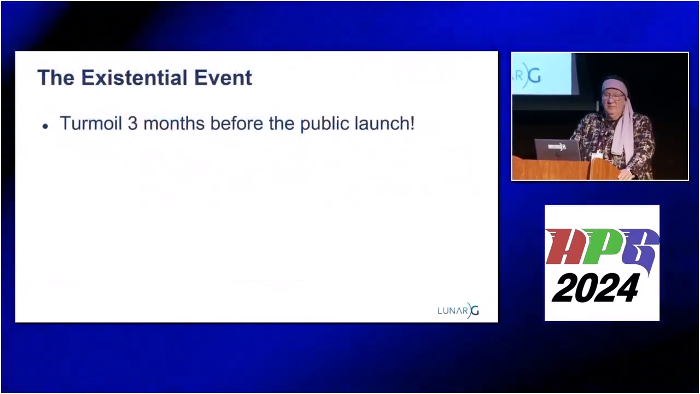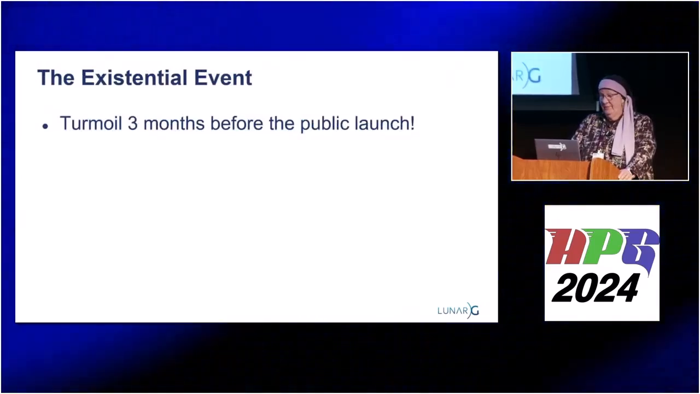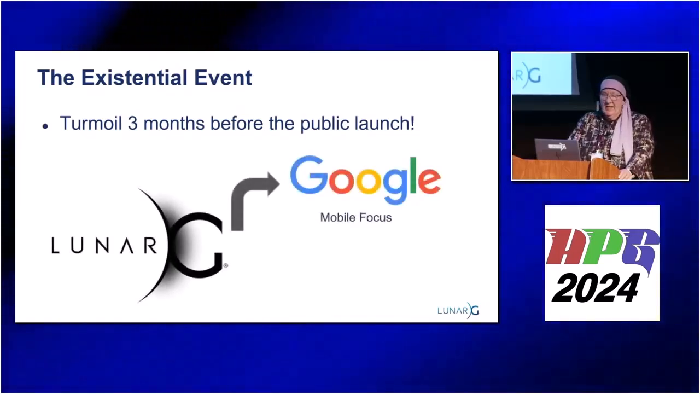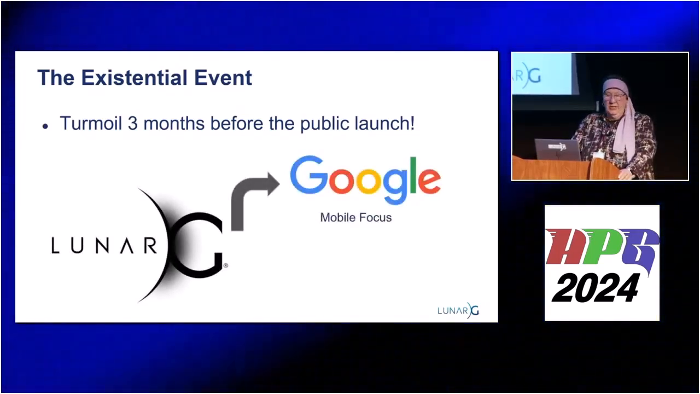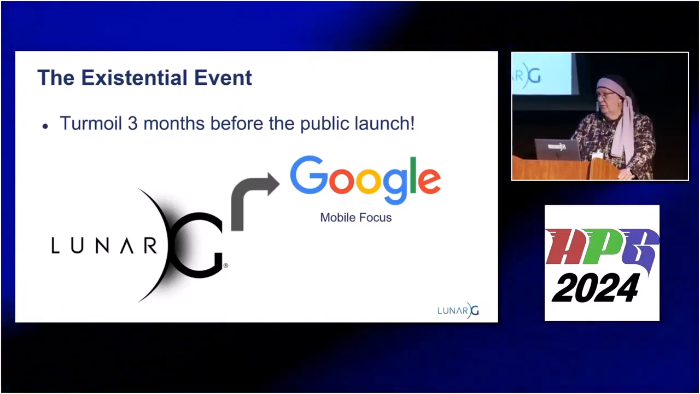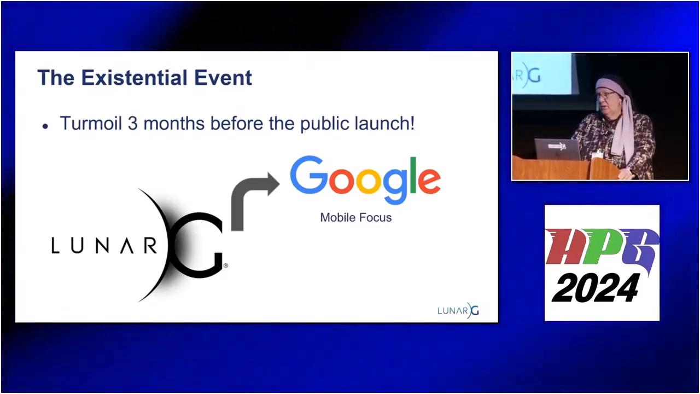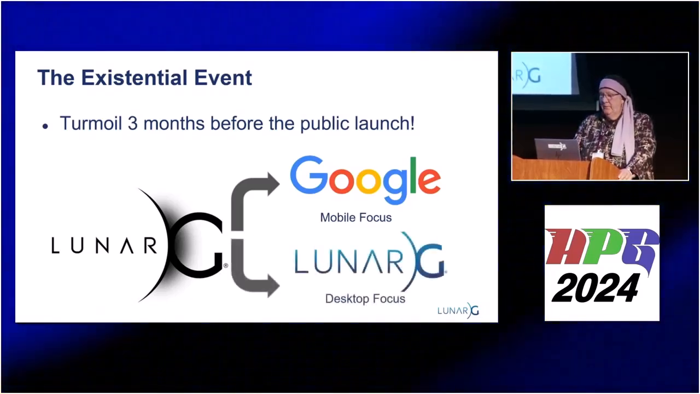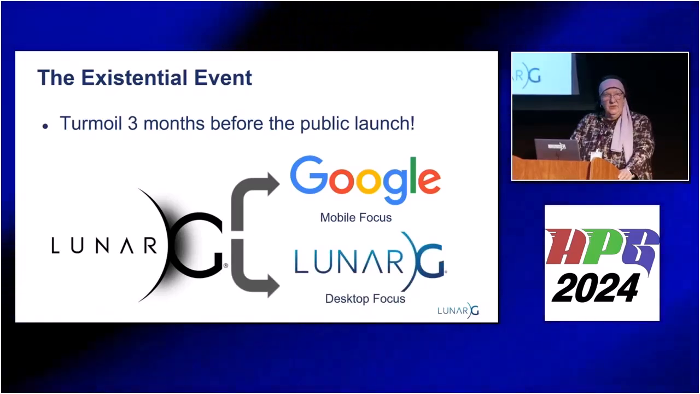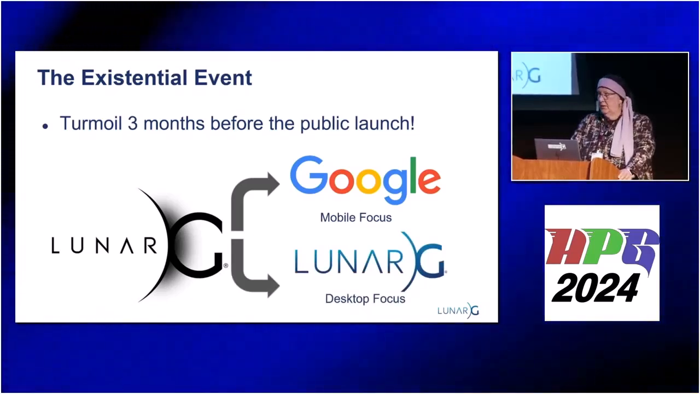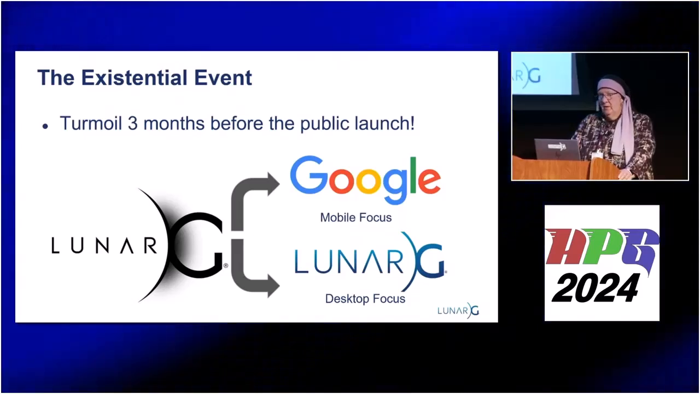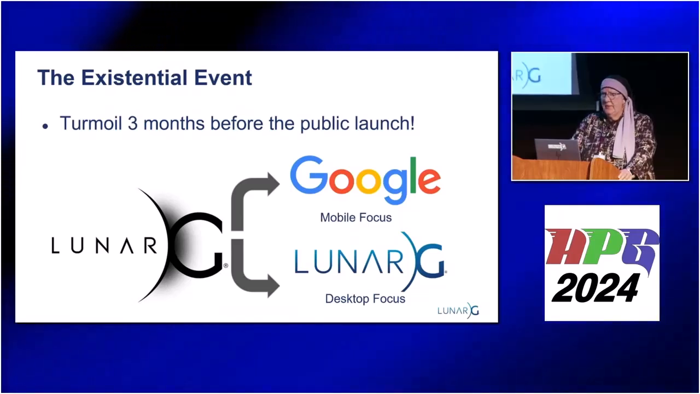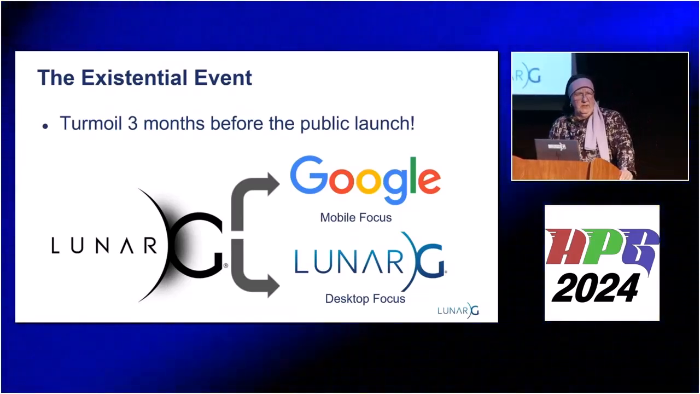But then 3 months before the launch of the API, we had a little bit of turmoil. A transaction occurred between Google and LunarG. Half of LunarG went over to Google to focus on mobile for Vulkan. And the remainder stayed at LunarG with a focus on desktop for Vulkan. Well, this is all fine and dandy, and it also made sense because it was August 2015, if I recall